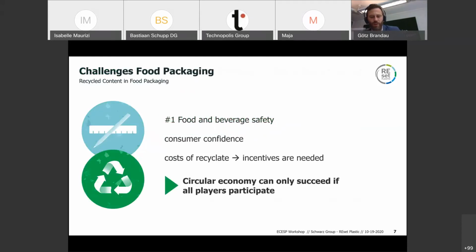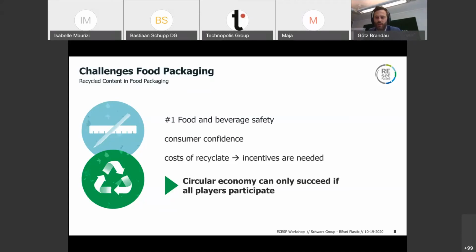I want to talk briefly about secondary raw materials and recyclates in food packaging. Bastian mentioned it, and largely I agree. It is a particularly big challenge. It is on the horizon. We would like to get there, but there are some serious obstacles on the way. Again, the trade-offs and conflicting targets come to mind. Bastian mentioned most of the relevant examples. Most packaging waste streams contain substances and chemicals that we don't want to see in food packaging.